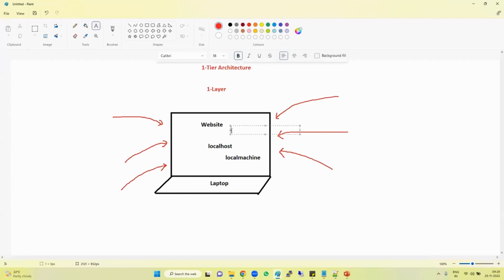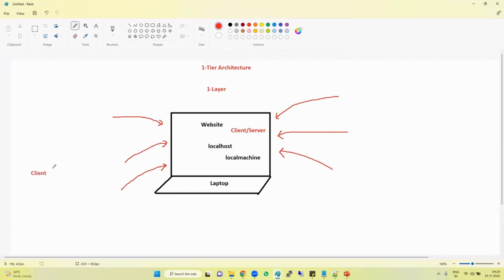So you are able to access it from your laptop. So your laptop itself is a client, and your laptop itself will act as a server. Do we have clients coming from outside? No. Everything will be available inside your own laptop. I'm giving an example of a laptop, but this can be any device. Anything that is itself acting as a client and itself acting as a server